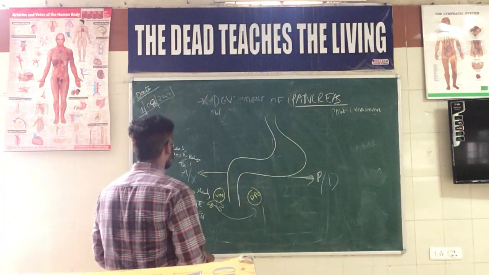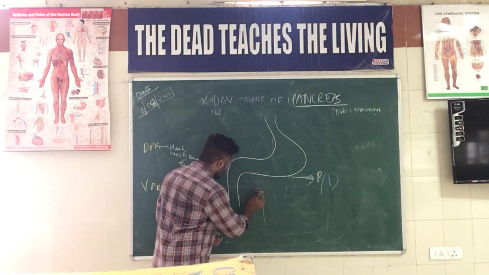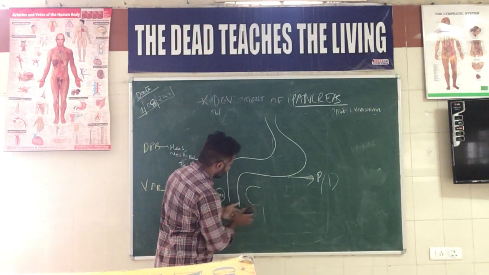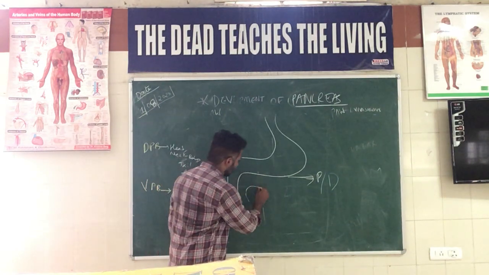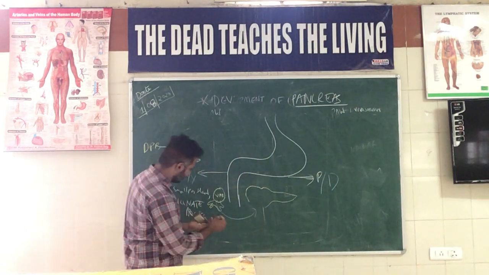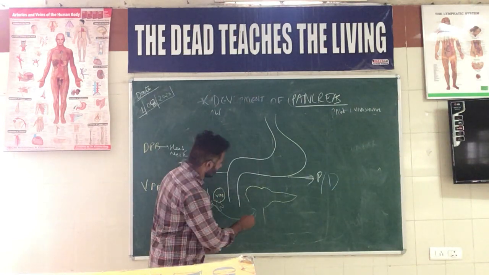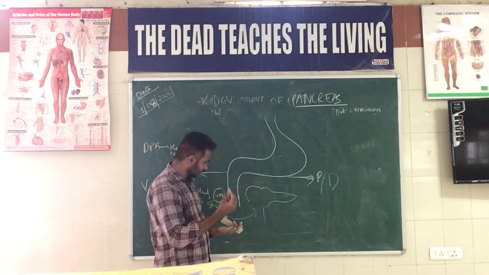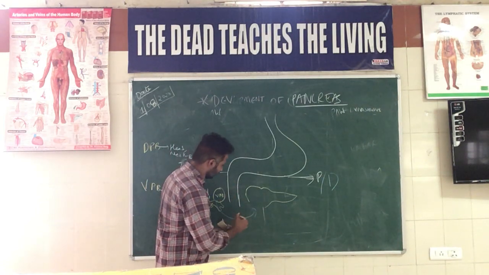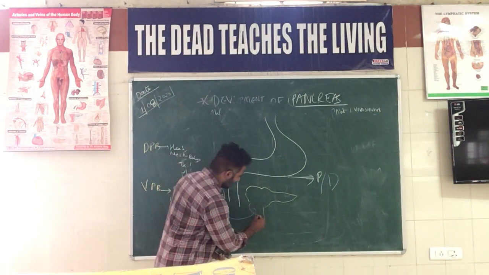So from this dorsal pancreatic bud, later the dorsal pancreatic bud will form the majority of the head, and the neck and the body and the tail of the pancreas. Then this ventral pancreatic bud, after coming to this dorsal side, will be forming the minor part. Let us say I'm drawing the blue part, or the red part. The ventral pancreatic bud will form the minor part of the head, and there is something called an